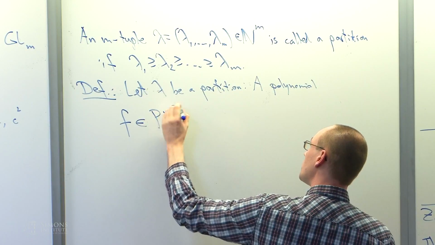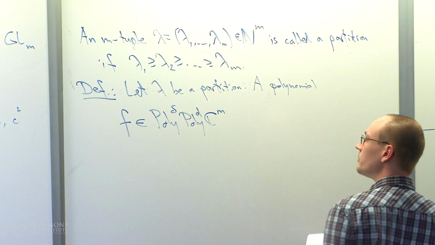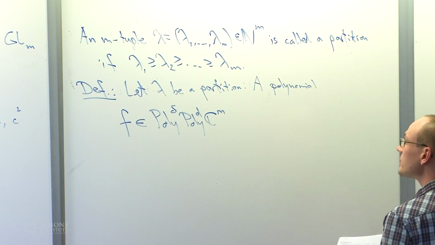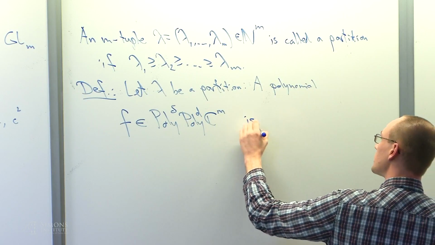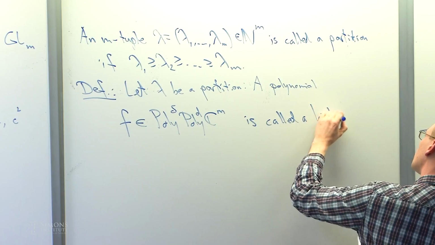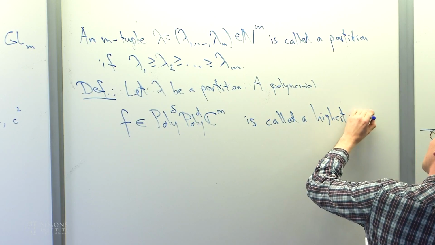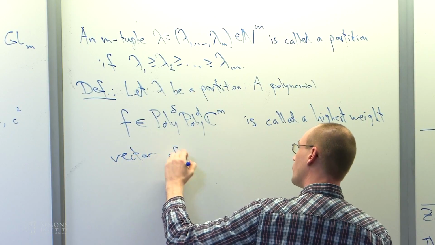It should be in the space of polynomials on C to the m, some polynomial on the space of polynomials. In this very special case, I want to have a look at this. It's called a highest weight vector of weight lambda